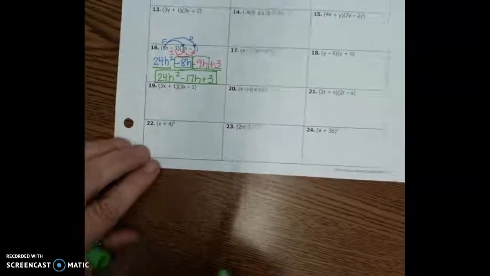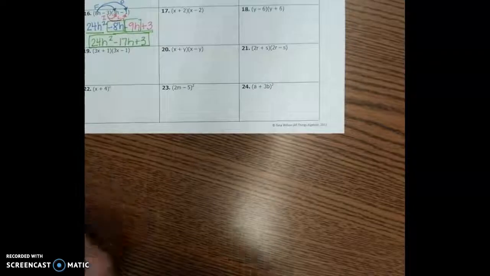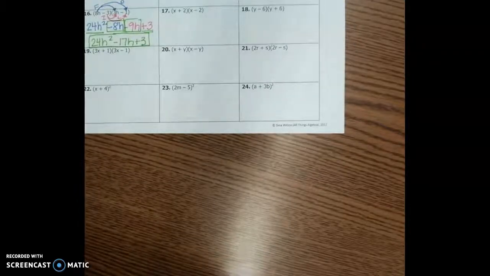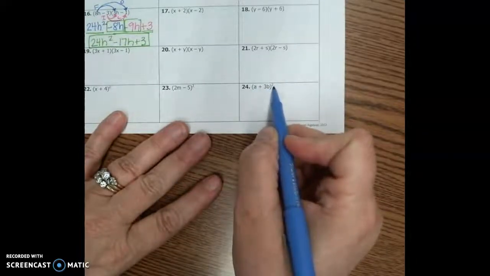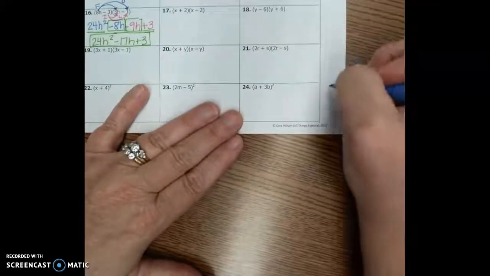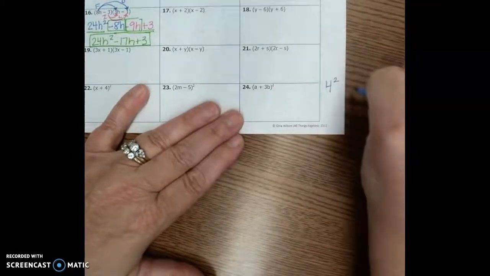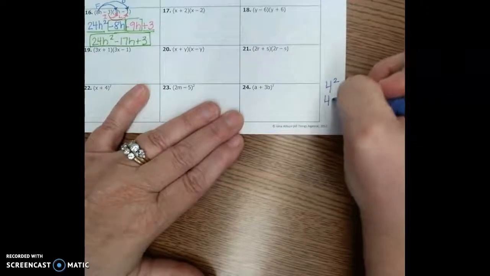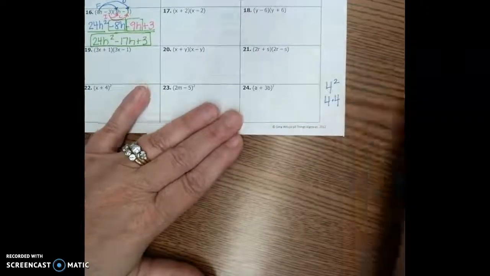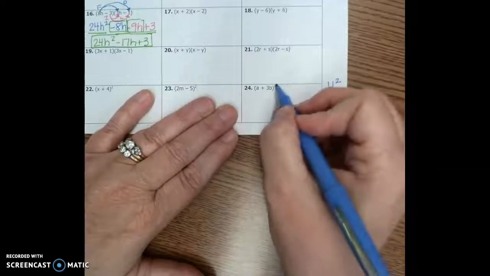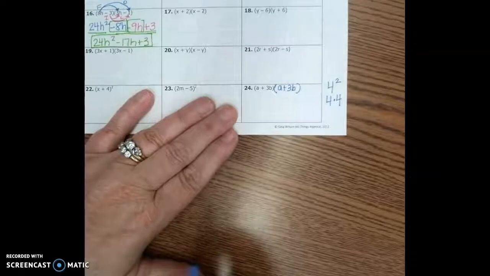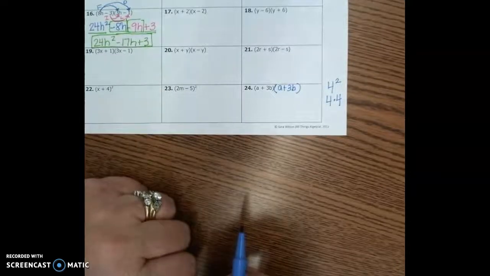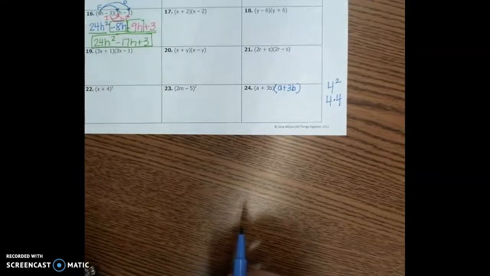The last one on the front, we did problem number 24. What was different about problem 24 is it says this whole parenthesis is being squared. And I gave you the example, like what if we had 4 squared, that it actually means 4 times itself. So if I want the whole parenthesis times itself, I need to rewrite the whole parenthesis. And from here, it's going to be just like we did on this problem up here on number 16